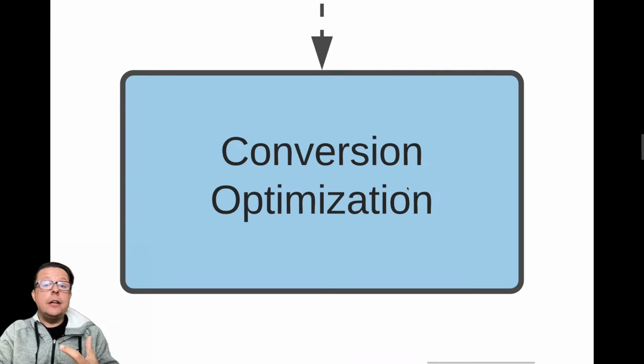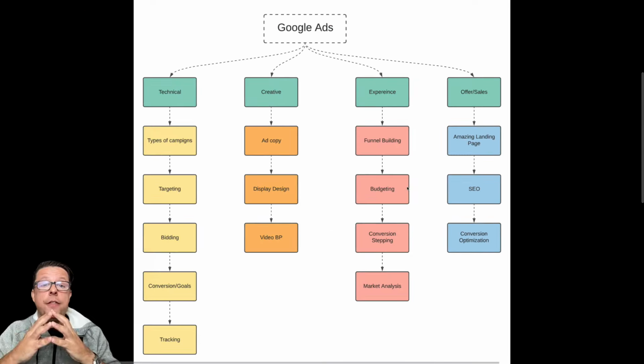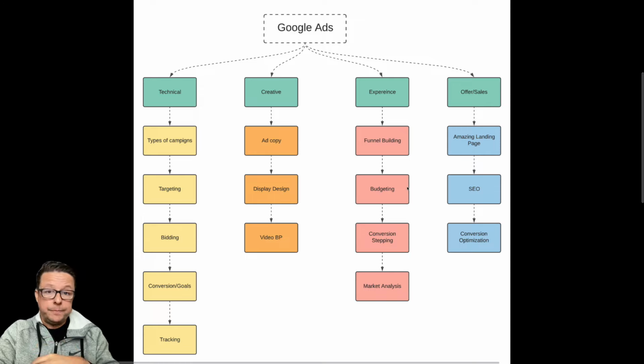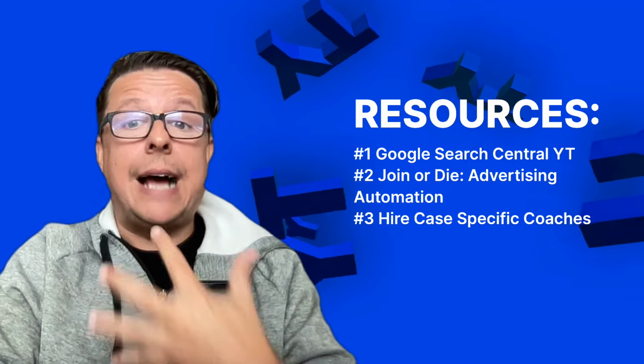And then conversion optimization: understanding why people aren't taking the action you need and being confident in making that decision and saying, I know what's going on here, and let's test these items. And this is what the entirety of running a Google Ads campaign looks like in very broad strokes. There's so much more to cover, as you know, but if you focus on those items that I discussed earlier, you will be so much closer, and you'll be learning things in the right sequence order to really help your efforts. So that being said, here are the resources I highly recommend.